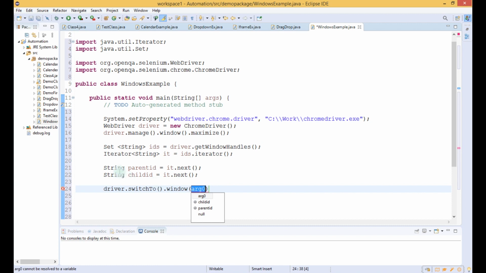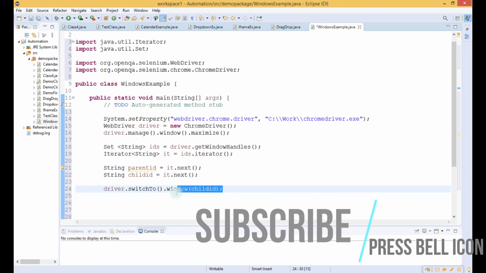So that's why we have used the string type for the parent and child IDs. So here we will write child ID. Now it will switch the control of the WebDriver to the child window that is opened by the WebDriver.